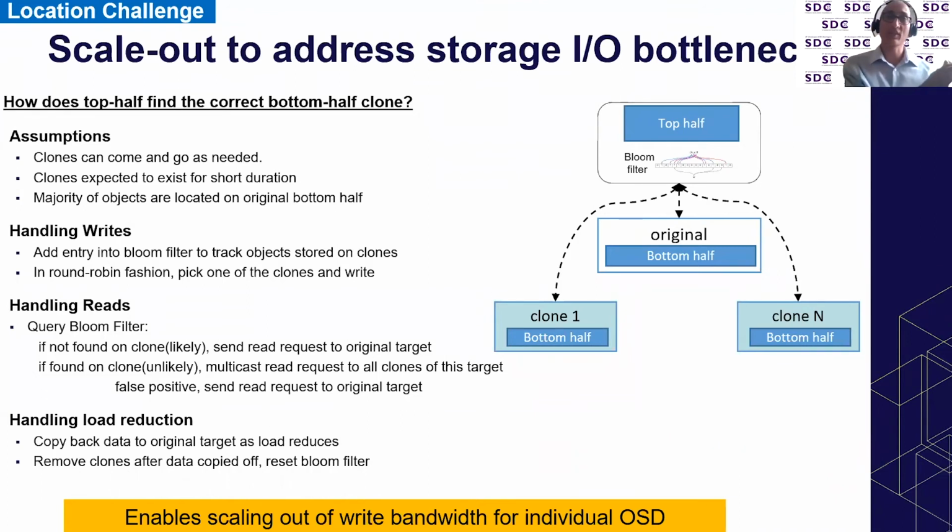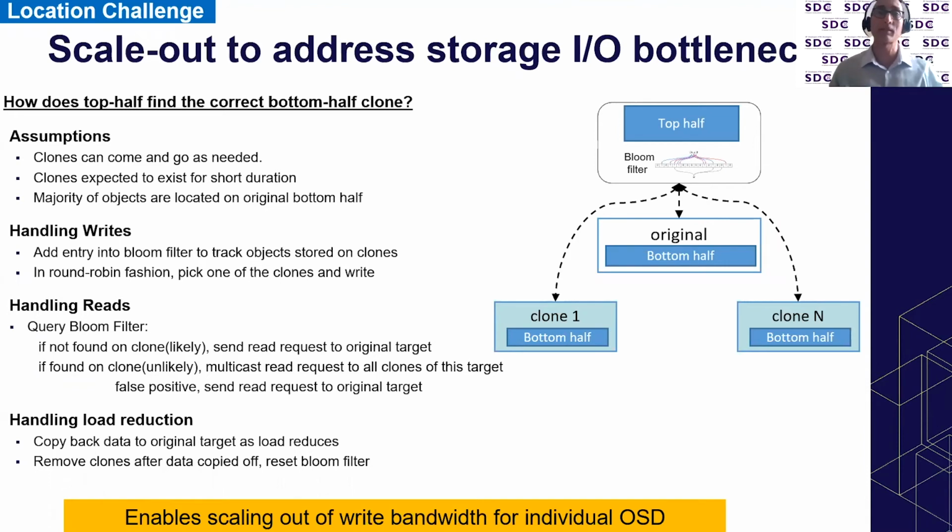Once all of the data has been written, that clone can be shut down. This is done for all the clones. Once all the clones have been removed and all the data has been copied off to the original target, we can reset our Bloom filter, and the cluster state is the same as how we began